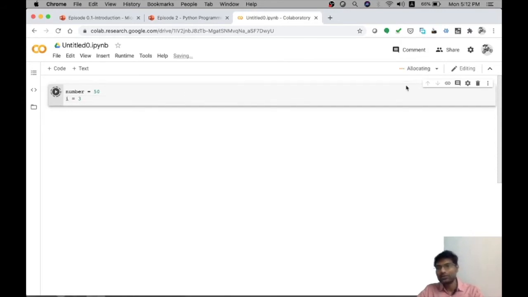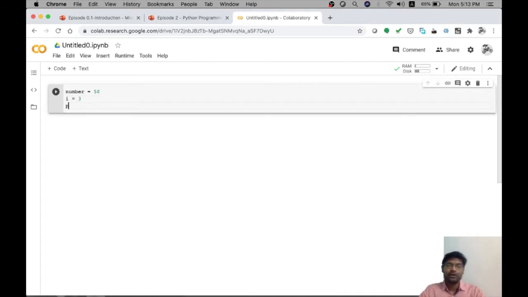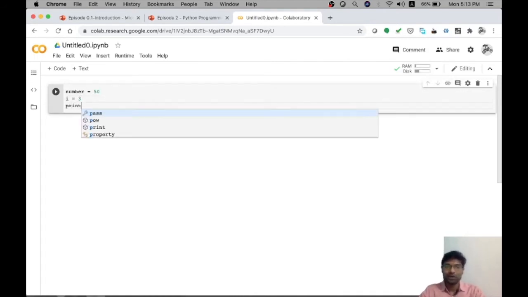When I click on this, you can observe it is connecting to somewhere and allocating some resources. This is connecting to a Python environment which is on the internet. This is called a container, which exists in the Google Cloud solution. Once this gets connected, this particular cell gets executed as well. So the first time you open a notebook, it needs to get connected with an execution environment. And now let me get some output out of it.